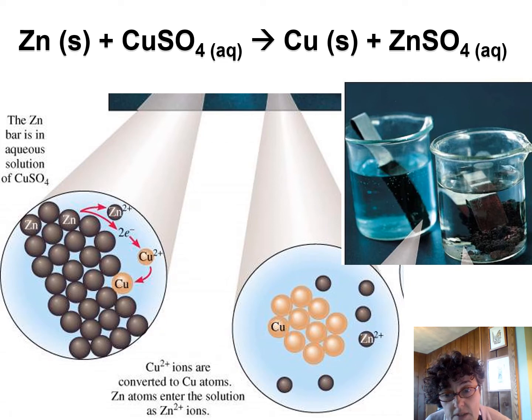And you can kind of see in this picture the deposition of some reddish material that's metallic copper. Sometimes in general chemistry 1 you may have said, oh, I think there's rust forming. That's not rust, that's copper, but the color is deceiving. Eventually you would see more and more copper forming, and the solution would consequently fade. Eventually you may even see that the solution loses its color completely.